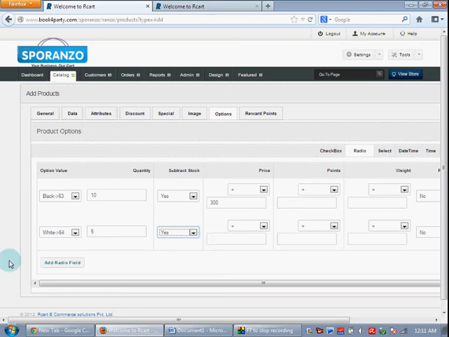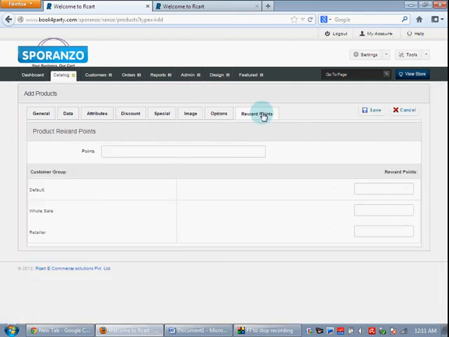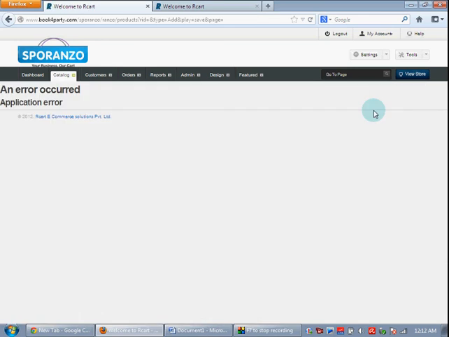Price for this will remain same as 3,500, so I'll not add any kind of increment in my price. Once all the details for the radio button are also added, I just go to the reward points. As of now, as I'm not entering any kind of reward point, I just go and click on my save button to save for the particular product. Once all the details,